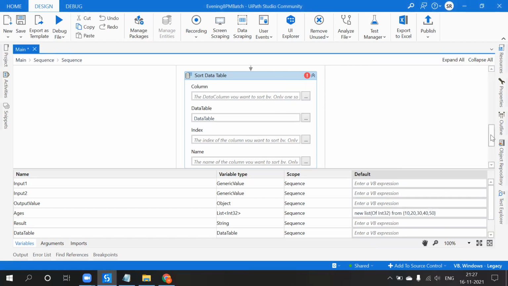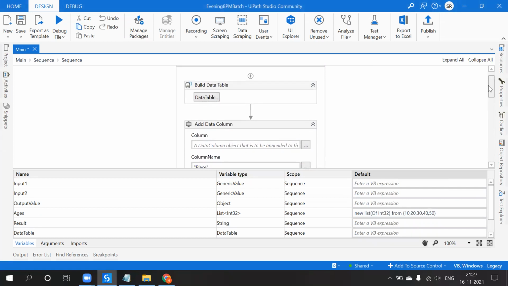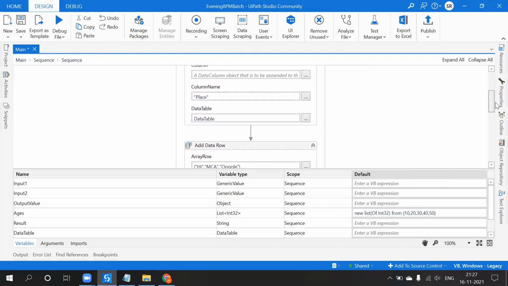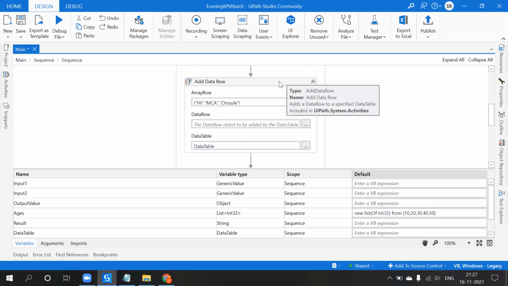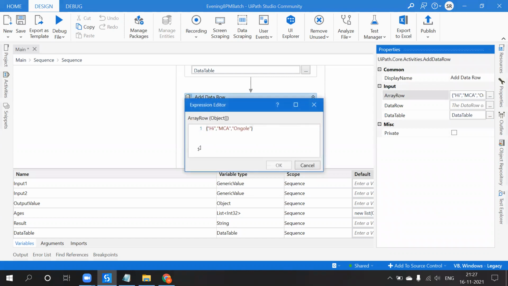We already saw this when we were working on Excel. There are sorting column, sorting data, sorting rows, right? In the same way we have to pass the data table. Here we have only one row, no? That is the reason I am searching. So I would like to go for another row. We are adding another row, but here it is.